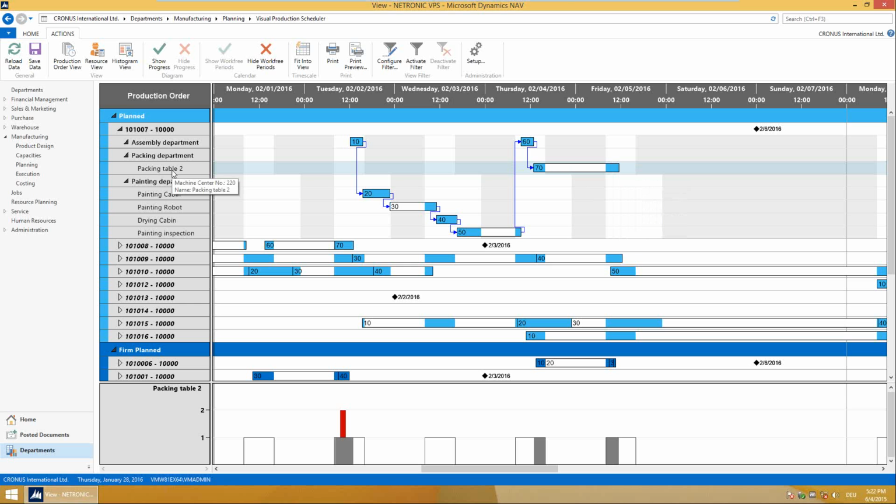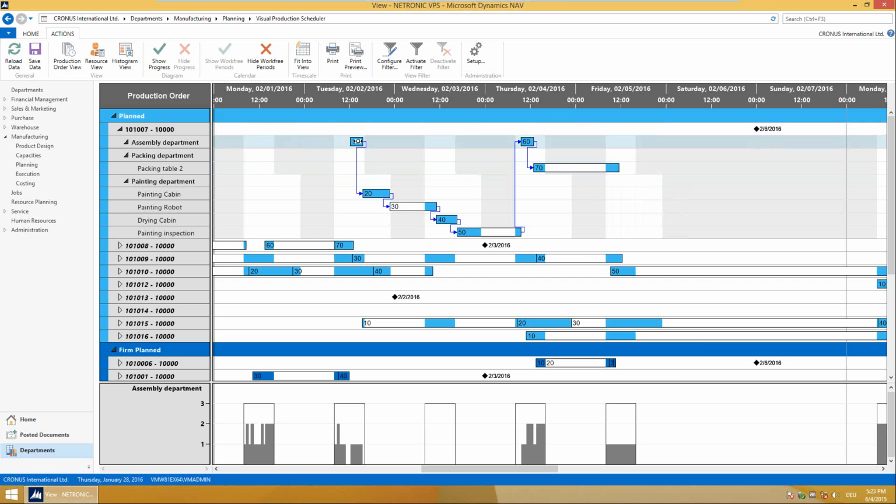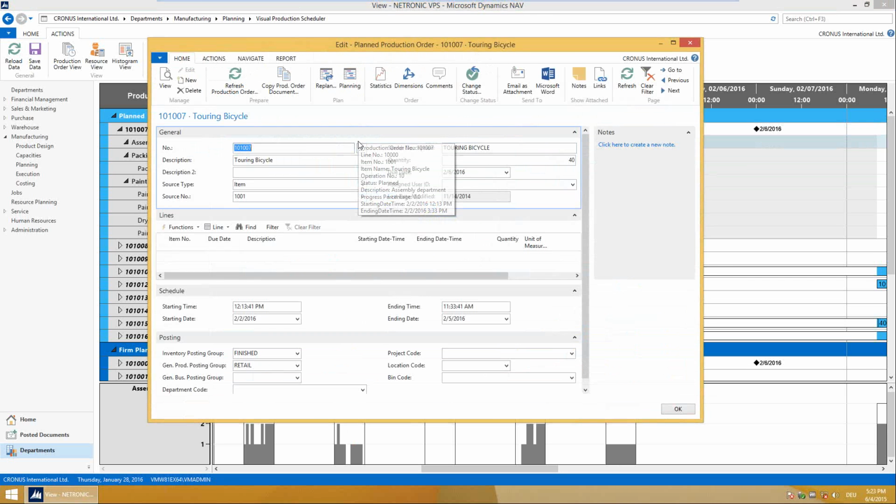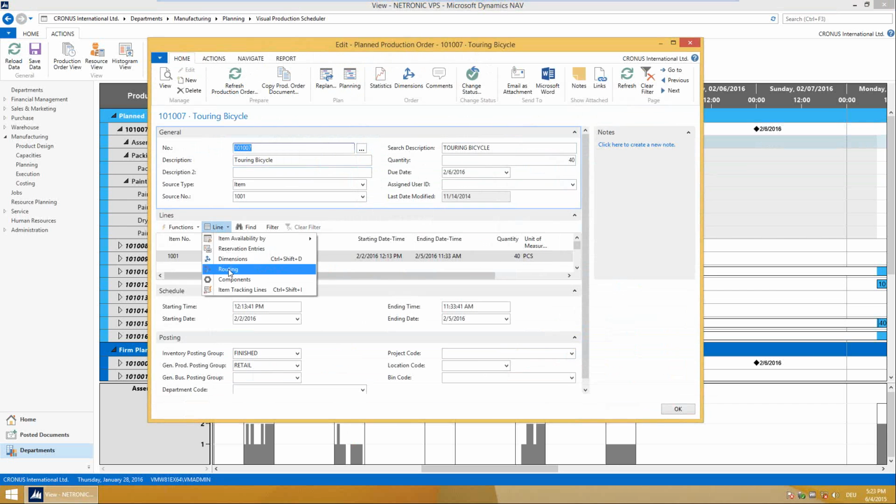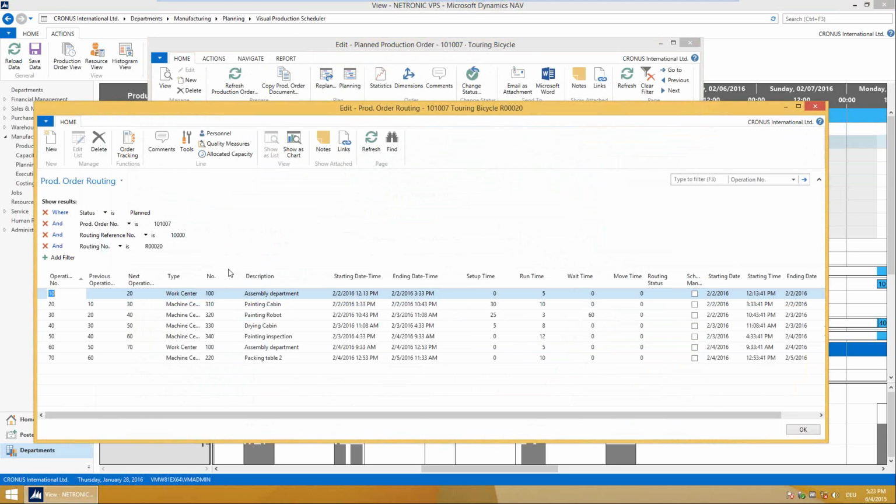The other advantage is that from the visual schedule, because it is integrated into NAV, we can make shortcuts to standard NAV functionality. And again, this is standard functionality for all the three add-ins, so you will have the same functionality in the job scheduler and in the service scheduler. And with this, I mean, for example, that when I double-click on the production order, the card opens. And from here, I can drill down into routings or do whatever I need to do,